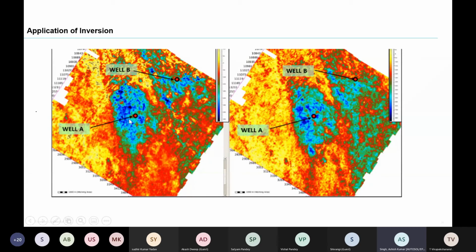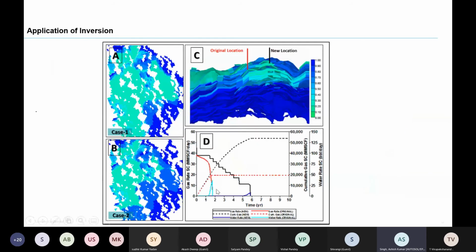You can see that you can easily demarcate your gas sand and water sand in the porosity volume, and where water can exist. So I gave this volume to the reservoir modeler and geologist. I told them to just run the simulation, and they ran it. They see what happened. If we don't use the density volume, this is our original location. Water will enter so fast, so production will be only 1.5 years. You can see how it impacts. Production will be only half a year. Your well will be shut down.